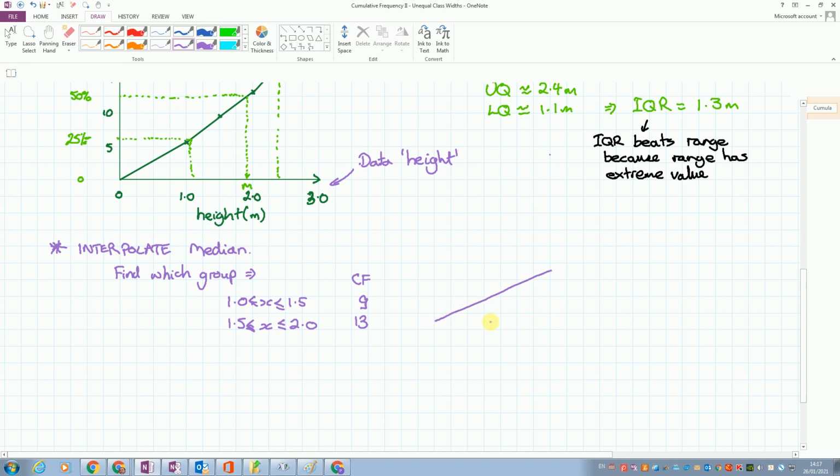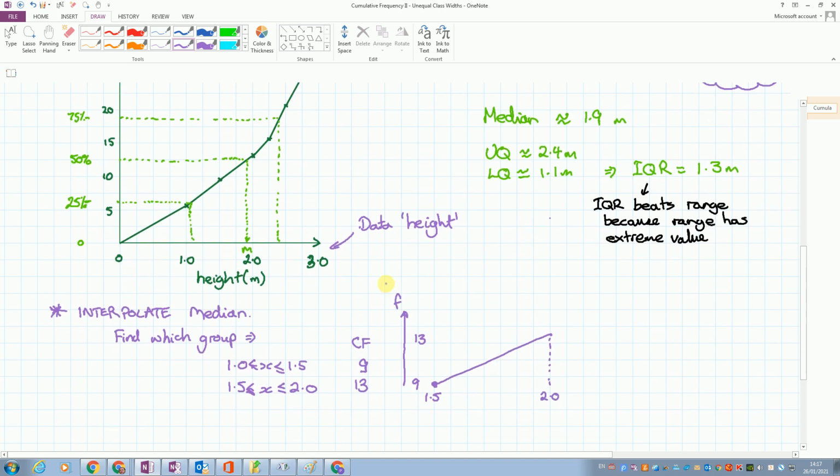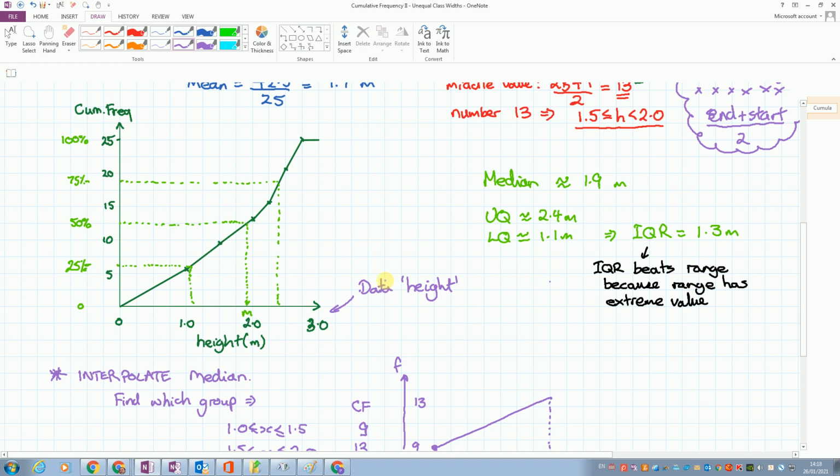Between them we have 1.5 horizontally, and we have 2.0 horizontally. Vertically is the frequency. So we went from 9 to 13. Now this one's a little bit trivial in terms of this, really. We want 13, we want the position number